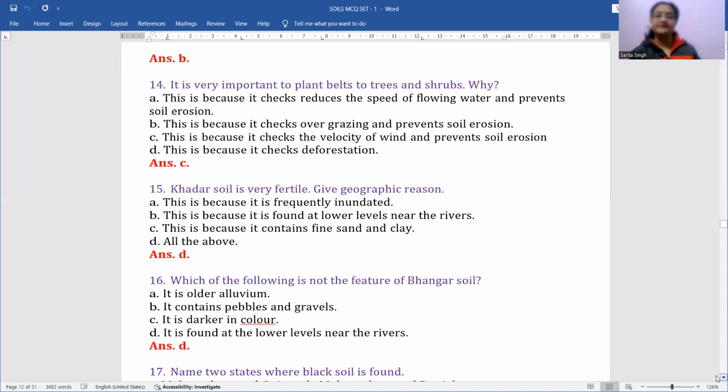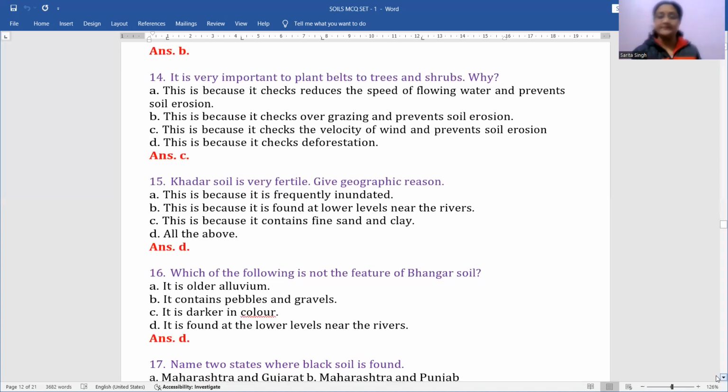Basically, it is meant for those areas, drier regions, where the wind is, you can say, the more dominating agent of erosion. तो वहां पर, ऐसी जगहों पर जो है, ये ज्यादा work करता है। तो this is because it checks the velocity of wind and prevents soil erosion. It doesn't allow the winds to carry, because it reduces the wind's speed, the velocity, और जो wind अपने साथ में soil ले जा रहा होता है उसको भी prevent करता है, मतलब उसको रोकता है, ठीक है। तो C option इसका perfect answer होगा। Next question है बच्चों,